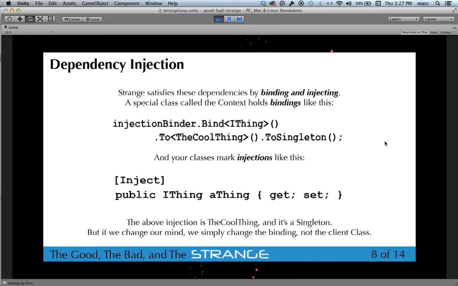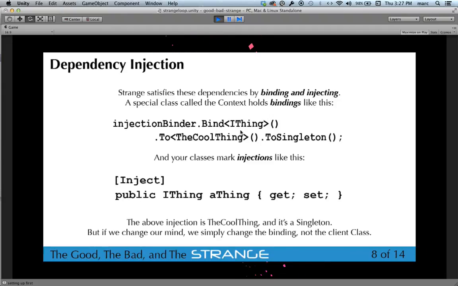So I am able to determine whether or not I want it to be a singleton as a mapping, rather than as something that either the class providing the singleton or the client class that consumes it has to care about. And what this means is, again, your code becomes much less focused on how it's being used and more focused on what it actually does. So that's the binding.